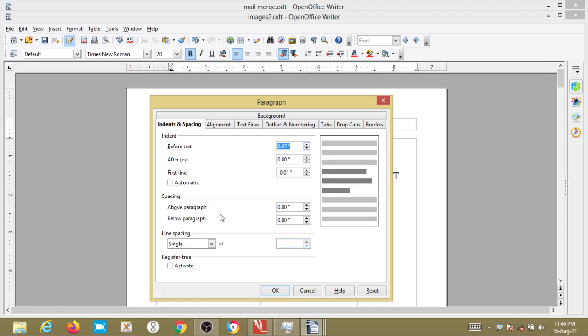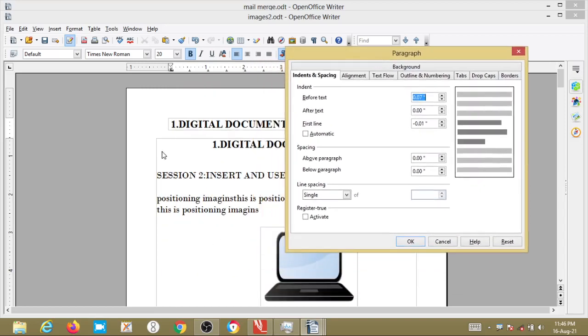Before text controls the space, in your selected unit of measurement, between the left margin of the page and the leftmost part of the paragraph area. Entering negative values results in the text starting to the left of the margin. If you give any negative values here, it will come beyond the margin. If you reduce this one, it will come out of that particular margin.